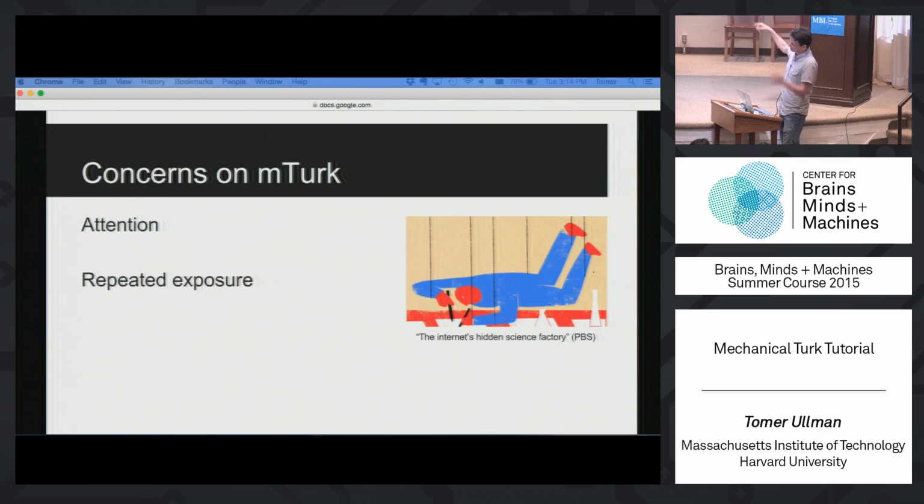By the way, sorry, I'm going sort of back and forth here because before I leave attention, I want to mention just one thing, which is attention is a problem. You want to put in attention cues, and I'll talk about how to do that in a second. But we've had this a lot with people in the lab.